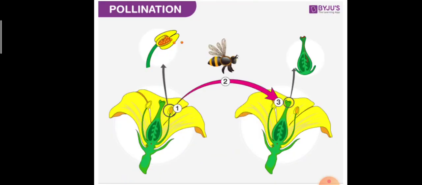So let's check out one picture for you. I have selected one picture for you. You can see the bee which is there. This is the pollen grain which is present inside the stamen, and the pollen grain is on the top of the anther. The transfer of pollen grain from anther to the stigma is known as pollination. It can be done with the help of an insect, by the wind or by the water.